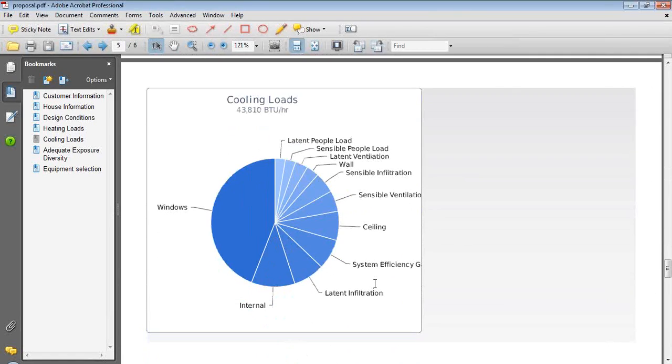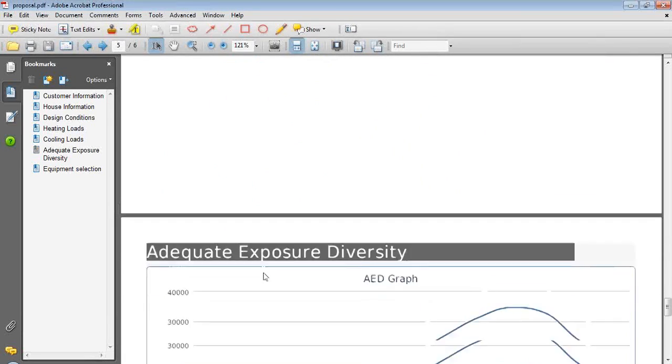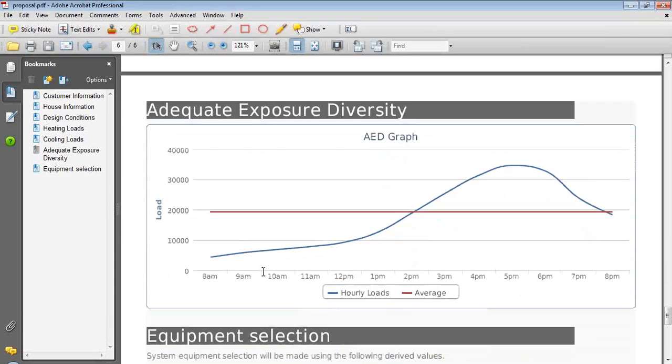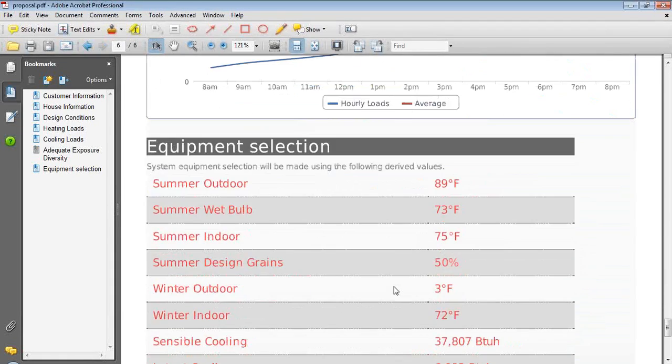If I scroll down, I can look at it graphically. Sometimes homeowners like that kind of thing. They can see visually where the losses are. And if you recall, I did not bother punching in the correct square footage of all the glass on the windows, mainly because I was not there to measure them yet. So if I did that, this would all tweak based on that a little bit. And if I scroll down to the next one here, it shows me my diversity based on the hour of the day, and then my equipment selection, which would be used for my